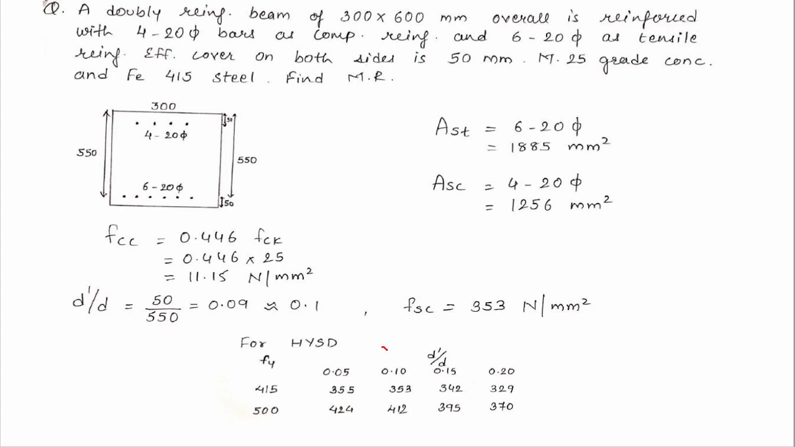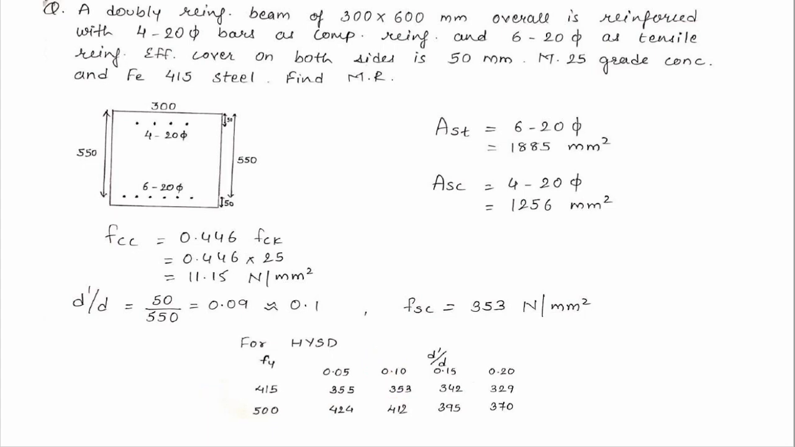So we will always approximate it to be 0.1. In this case, as the value is coming to be 0.09, we will approximate it to be 0.1. So for this case, for Fe 415 steel and for 0.10 d dash by d ratio, the value will be